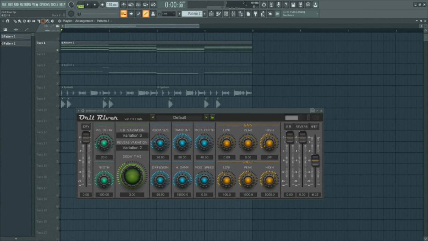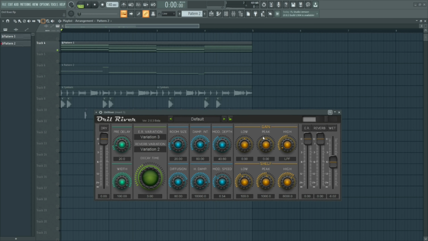Here we have our next reverb unit. It's called Oral River by Denis Danov, and sorry if I spelled it wrong, I'm pretty bad with names, but let's get moving. This reverb is like one of the best reverbs which are free in the market, and it gives you a really high quality sound out of it, and it has a wide range of controls in it.